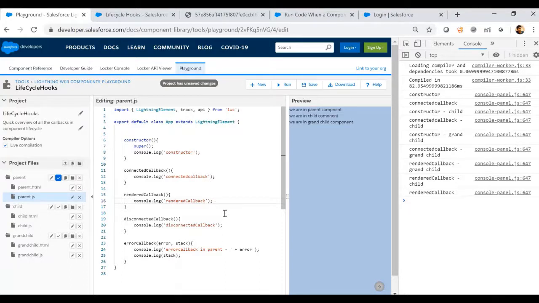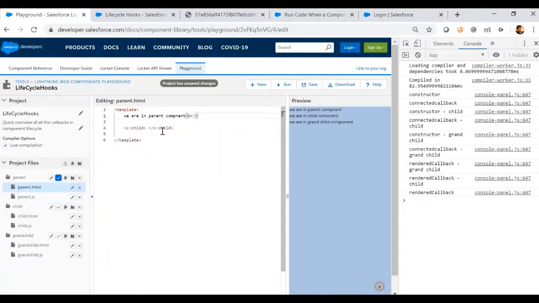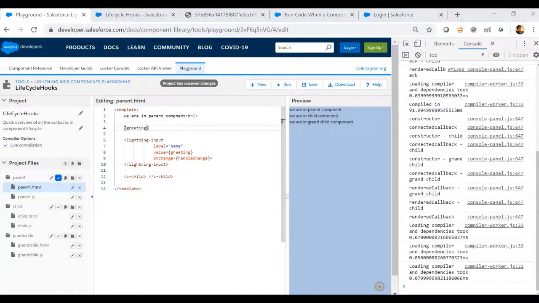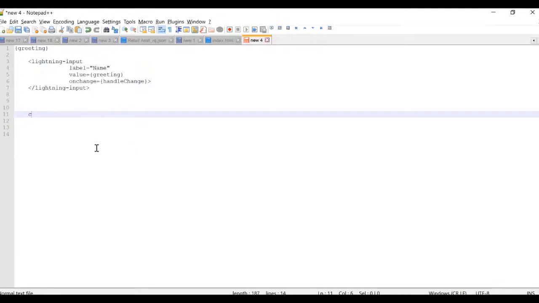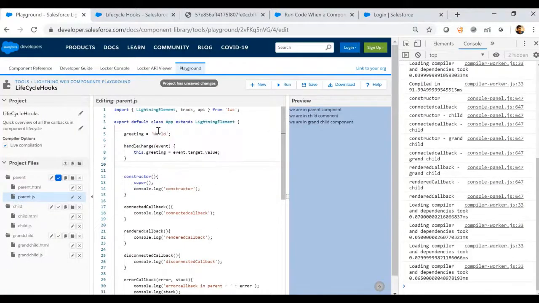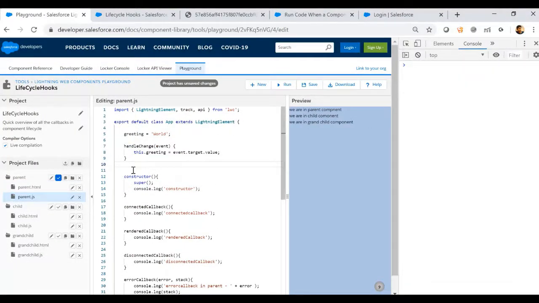So, for the sake of a demo to explain it better, I have taken a snippet from the LWC recipes app. It's basically a dynamic binding behavior. Let's see how it works when I apply some logic.